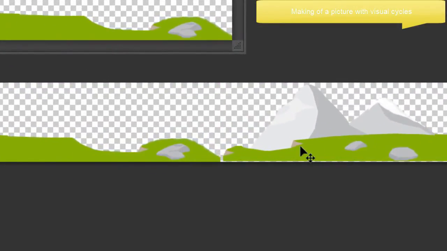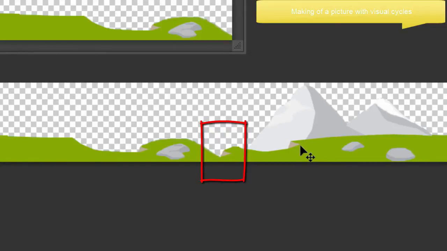By doing so, we can check that the end matches well with the beginning of the other copy, and improve it if needed. Of course, if we make changes here, we have to reproduce them within the other copies as well as in our basic visual cycle so that we have exactly the same picture everywhere.